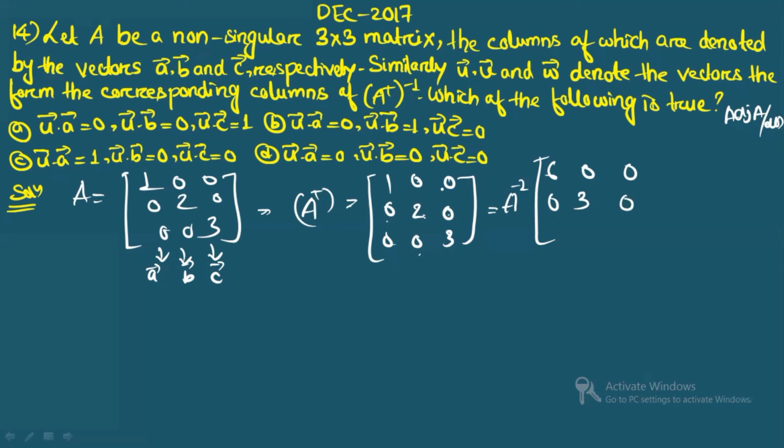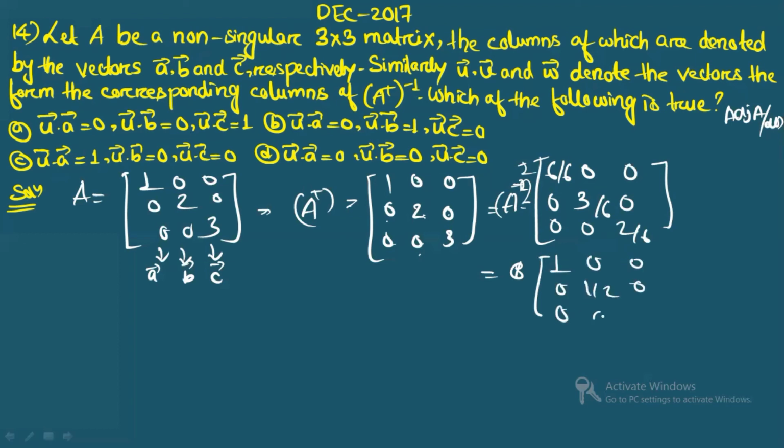For this term, hiding this one and this one, you will get 0. For this one, hiding this 2 will give you again 0. For this one, hiding this 2 will give you 2. Now divide by the determinant, 6, 6, 6. The rest are 0, so you will get 0 only. So finally, you will get A transpose, then its inverse, equal to 1, 0, 0, 0, 1 by 2, 0, 0, 0, 1 by 3, right?